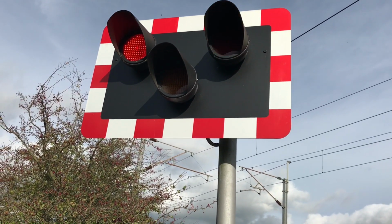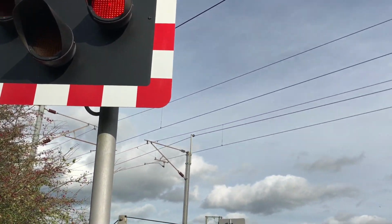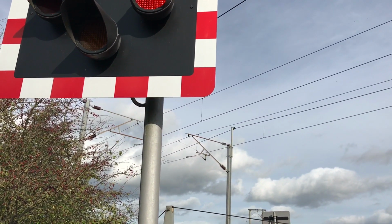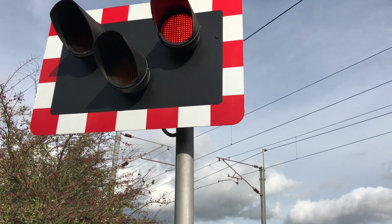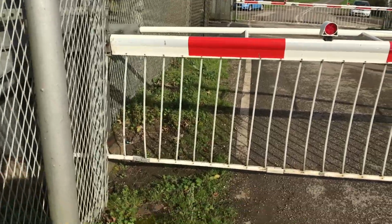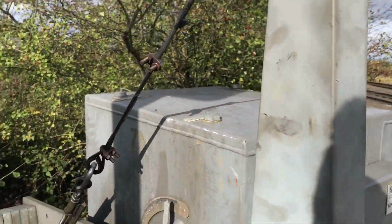Of course, there was listed barrier pedestal and barrier box renewal at the end of September. Nothing's changed, has it? Because the pedestal's at bloody Carlton signal box, and that's only one on the control panel. So nothing's actually changed. This barrier still makes the horrible noise, and as you can tell, like I showed you, that broke off, so a vehicle probably hit it, but yes, it's 2005, but with the way it's acting,